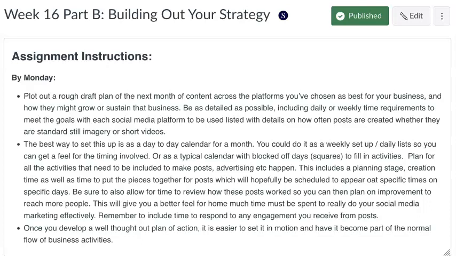First of all, include all the pieces that you need to plan when you're going to do something. You need to set aside time for creating the work that goes into the posts, whether it be what you're going to write about, or if you're going to have a still image or a bunch of still images, or a slideshow, or if you're going to have a little video. So it all takes a little time. You're not going to say, well, I'm just going to send out a post on this day. What is behind the posting?